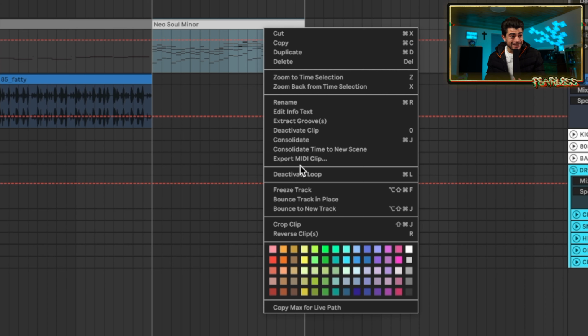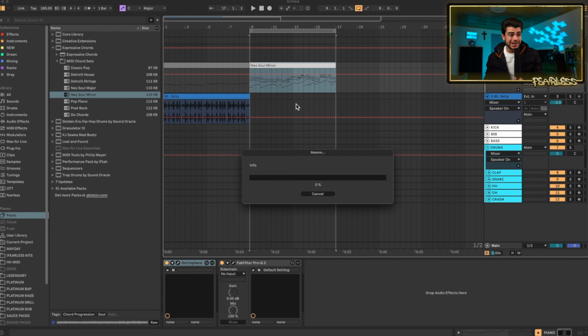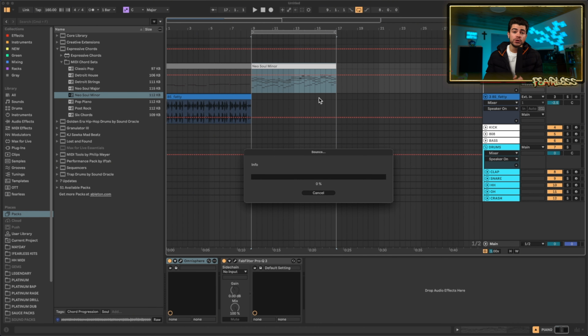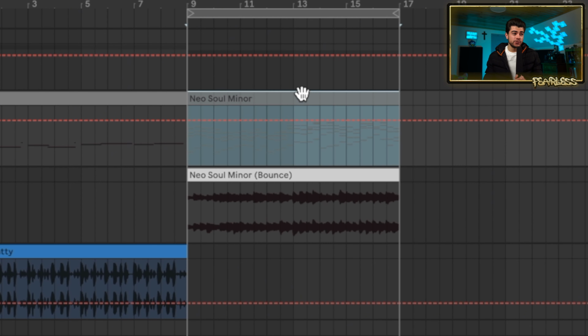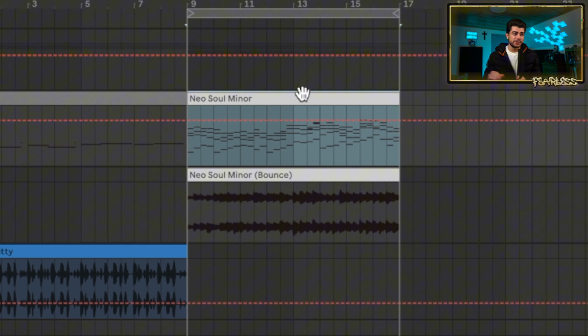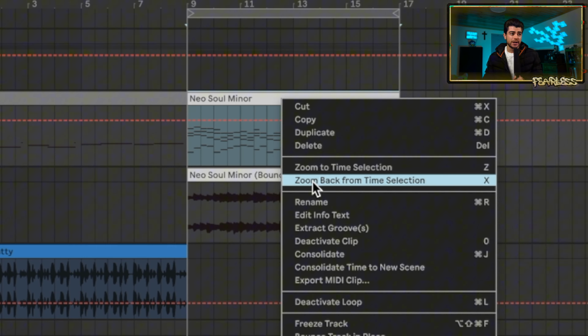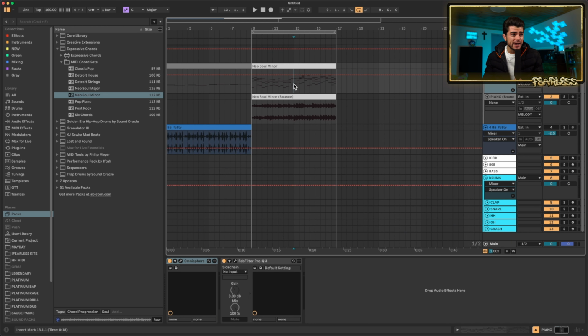But the new one is bounce to new track, which is going to go ahead and freeze and flatten that in a new lane for us. Boom, and there we go. So the cool thing about this too is what it's going to do is deactivate that. If we press 0 on the keyboard, we can activate or deactivate it, or you can right click and do it there as well. But the cool thing about this bounce to a new track is, let's say we just